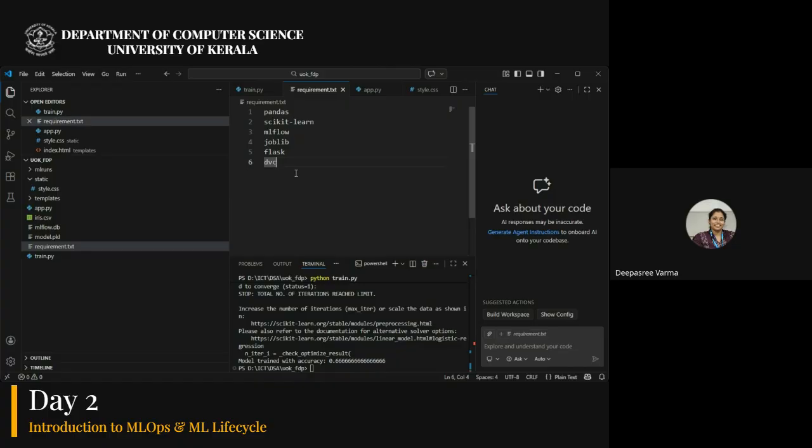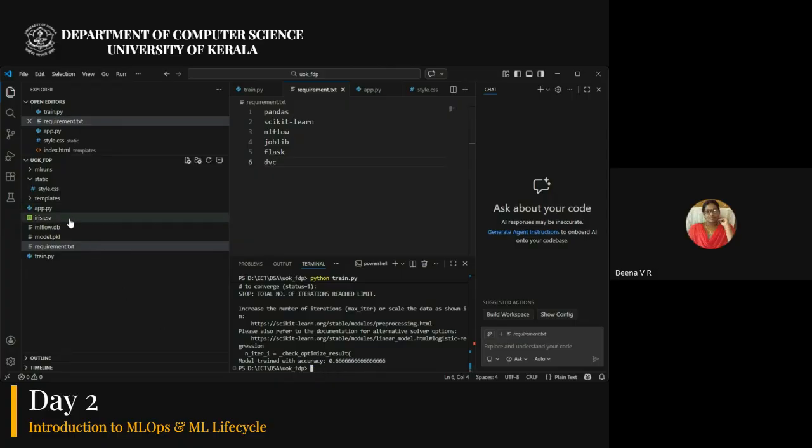We can put all the libraries which we need to install. You need not do pip install pandas, pip install scikit-learn separately. You can just put everything inside this requirement.txt, and type pip install -r and give the file name. If it is requirement.txt, just give that, and everything will be installed.